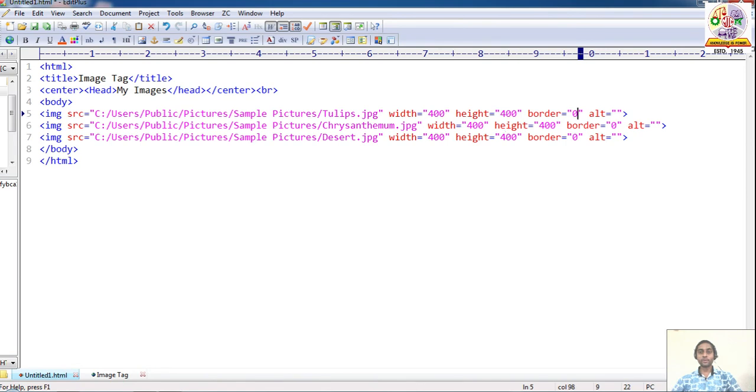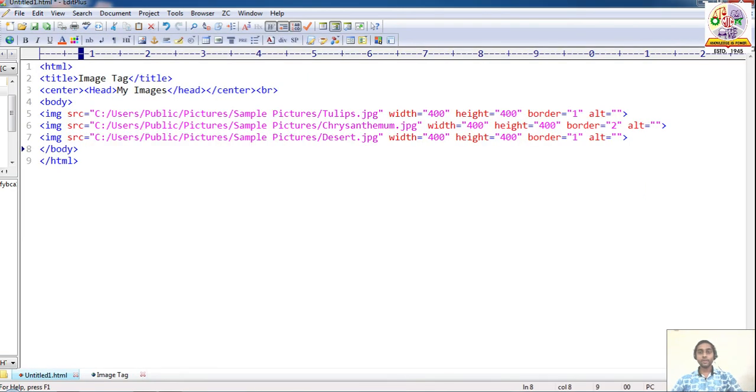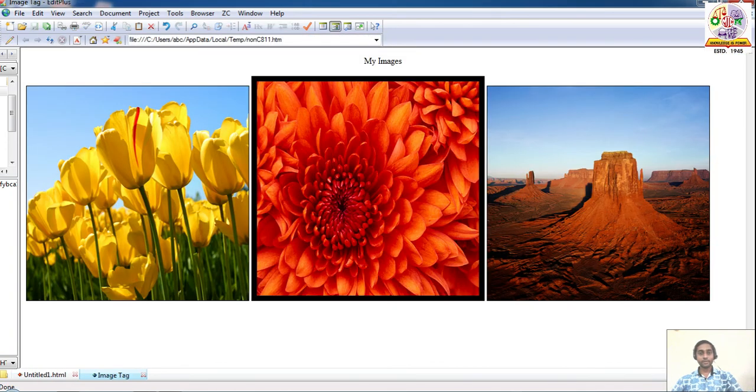You set border 1, 2, 1, like that. This is one border, this is 2, it is darker for both. You can also create any number of borders, 10, like that.